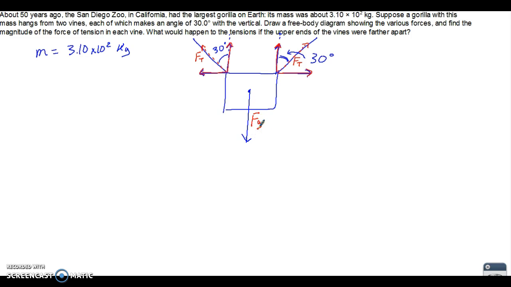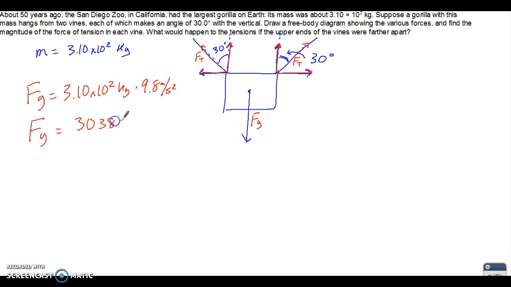And so we can split that up a little bit. We're going to find the force of gravity on the gorilla. So force of gravity is equal to 3.10 times 10 to the 2 kilograms times 9.8 meters per second squared. And that gives us a force of gravity of 3,038 newtons. We've got 3 sig